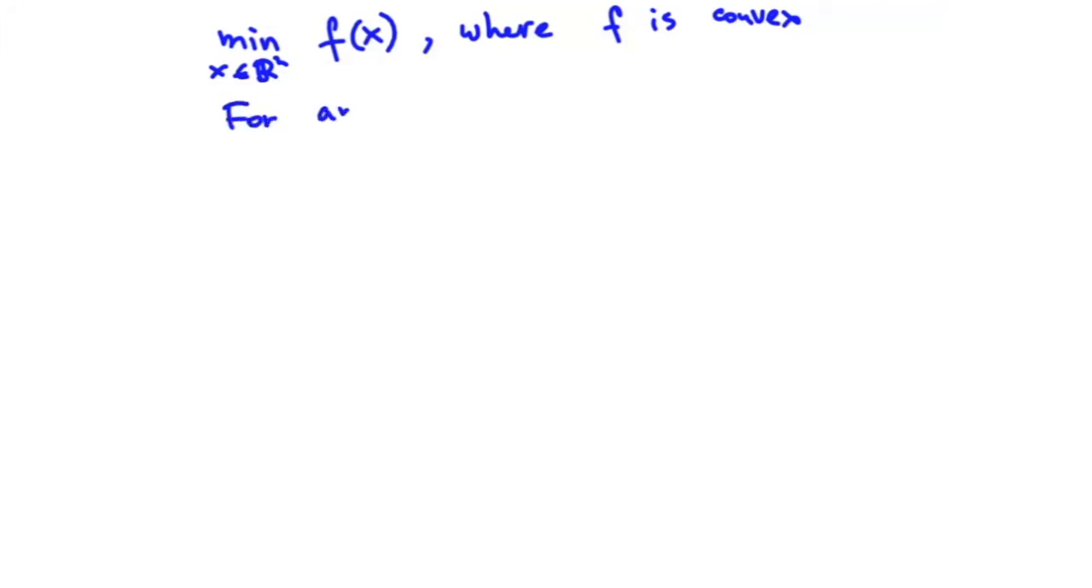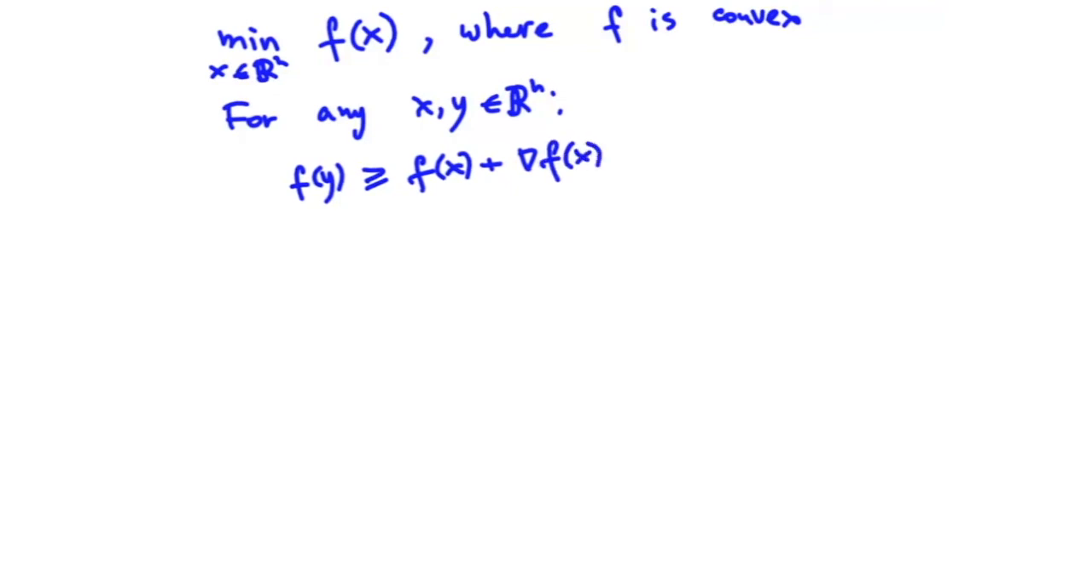Let's consider the problem of minimizing f of x, where f is a convex function. This is an unconstrained minimization problem, right? So any points x and y from R^n will actually belong to the feasible set, right? So we are talking about minimizing over x in R^n. This means that from the first order characterization of a convex function, for any pair of points x and y in R^n, we'll have the following. f of y is greater than or equal to f of x plus the gradient of f in x transpose